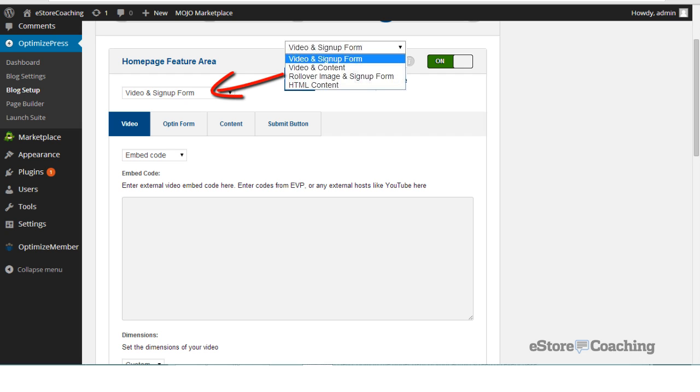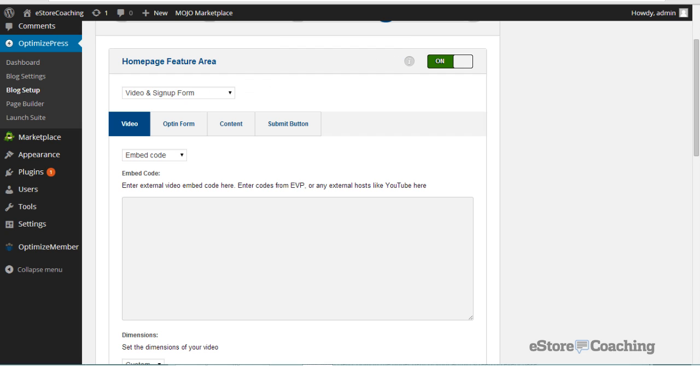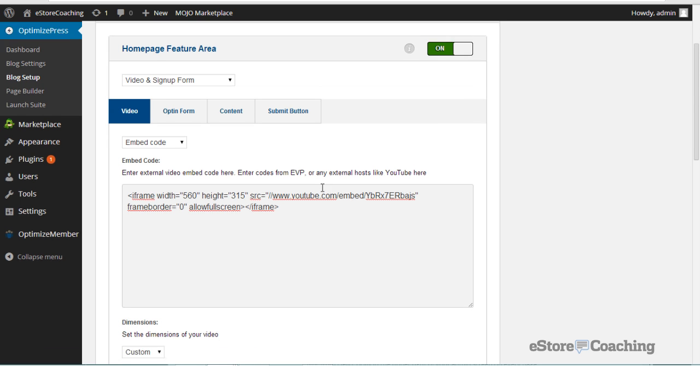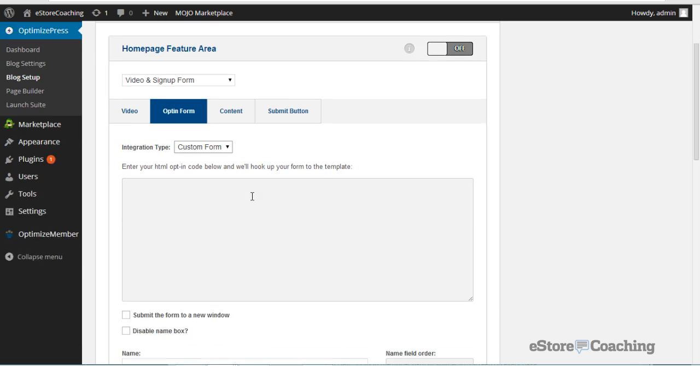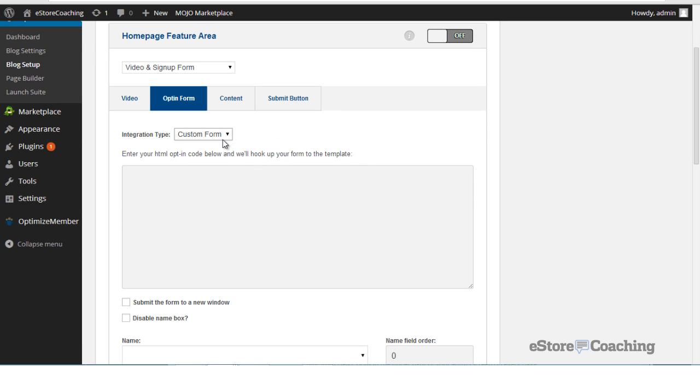and select the video and sign up form. So this is the top portion of your website, basically anything you see above the fold. I'm gonna embed my YouTube video here. I'm gonna go to my opt-in form, and as you can see, you have a couple of options. Custom form is where you can embed your code